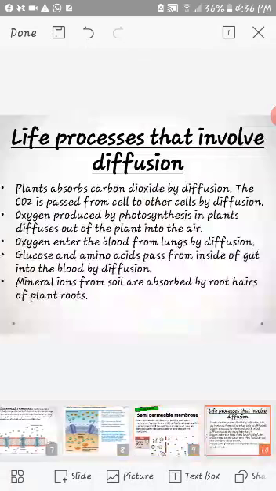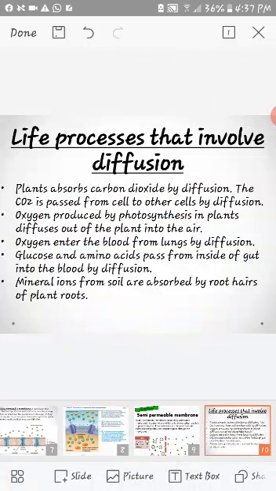Alright, so there are different life processes that occur by using diffusion. For example, as I have already given you the example of the plants, plants absorb water using the root cells, root hair cells. Root hair cells contain the cell membrane, and all the nutrients from the soil can be diffused through the cell membrane of the root hairs. Also, plants absorb carbon dioxide by diffusion, okay, and also it releases the oxygen that is produced during the process of photosynthesis, and the oxygen diffuses out of the plant into the air by this process, right?